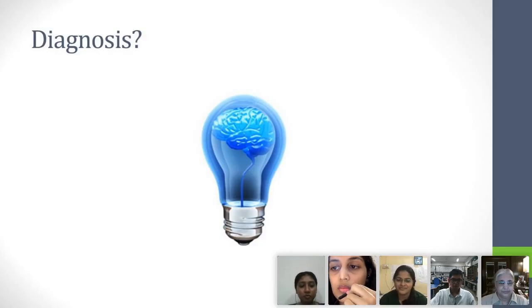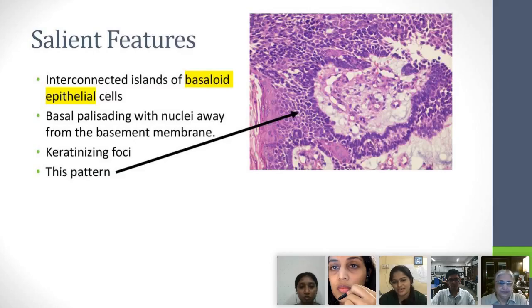It will be ameloblastoma because we saw the ameloblastic epithelium. Yes, very good. Ma'am, but the cells in the last slide which we saw had prominent eosinophilic nucleoli. So can we think of melanoma? Can we think melanoma? All right. So, anybody to say anything to Kshitija? We've just got the salient features over here.